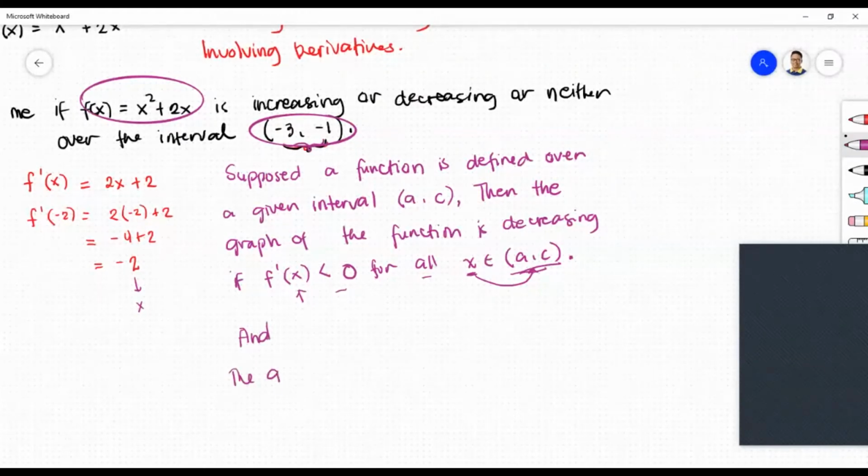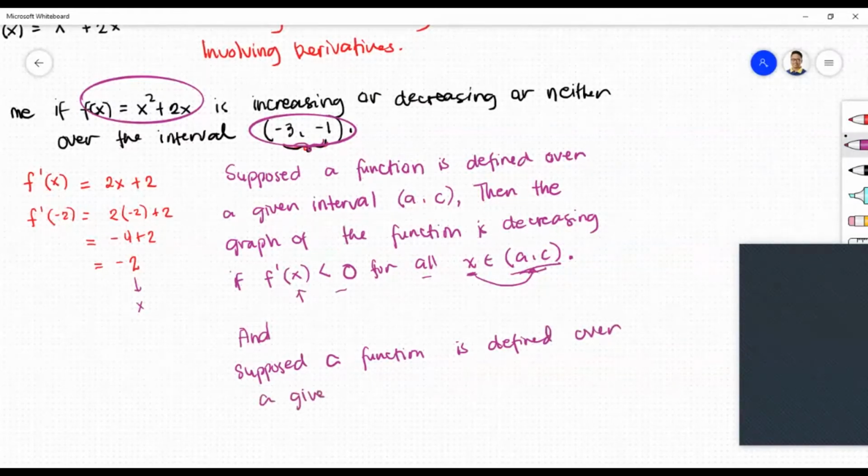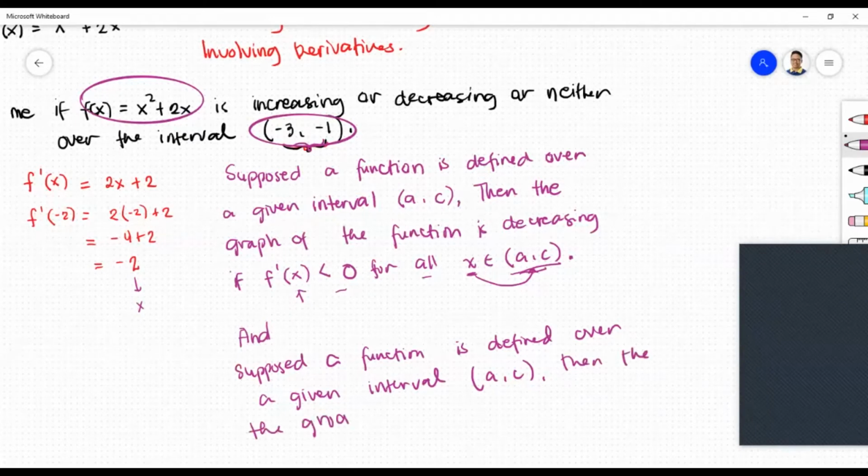The graph, same as before, I will write it again. Suppose a function is defined over a given interval. Same condition, guys, AC, then the graph of the function